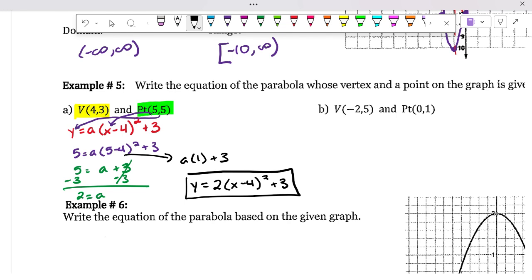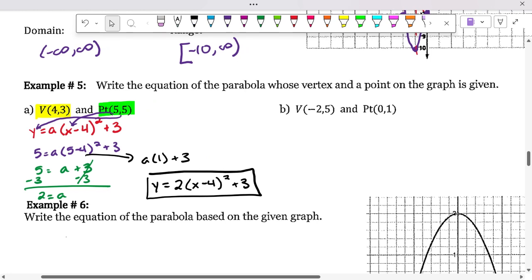All right, any questions on that one? Do I need to do letter B, or are you guys pretty good? Do you want me to do letter B? Yes? Okay. All right, first off, let's get our